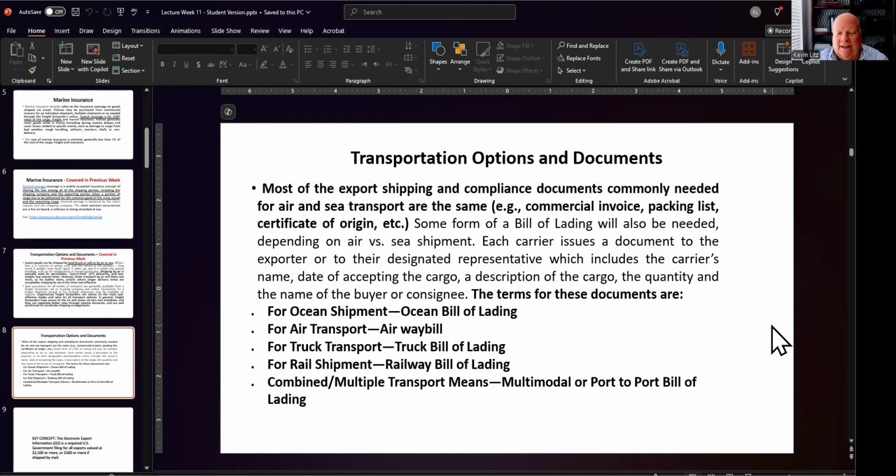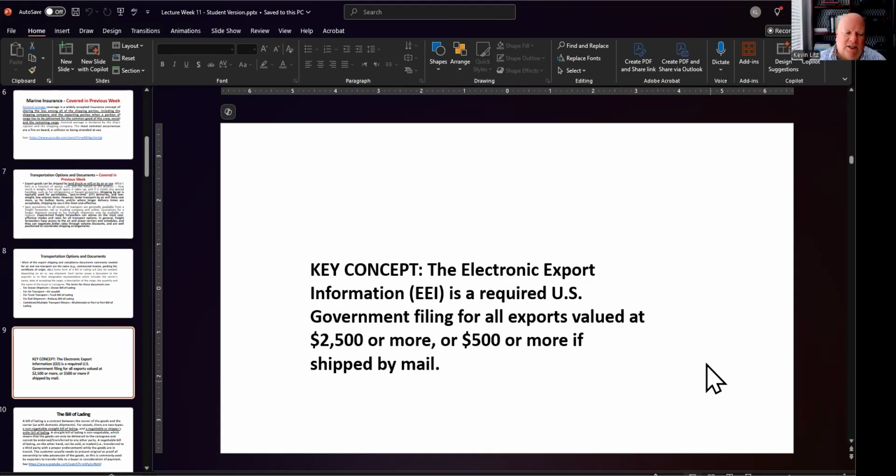despite the method. So you see, I won't go through these and read them for you, but I'll just make the distinction. For example, what would be called an airway bill by airplane would be the equivalent of an ocean shipment's ocean bill of lading, just slightly different terminology. All right, here's a key concept. Remember, when I'm exporting, this is a document that we need is to,